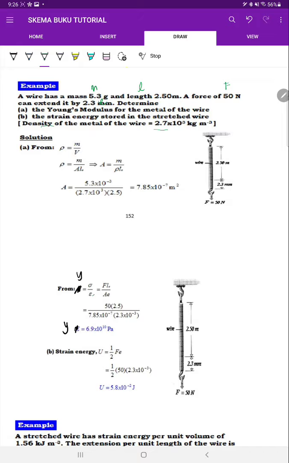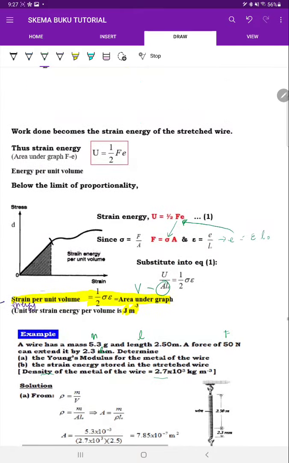Calculation ni semua kena dalam SI unit. Okay. So, calculate dapatlah 6.9 10 to power of 10 Pascal. Okay. Then, determine the strain energy stored in the stretch wire. Strain energy U equal to half Fe. Okay. Be careful, dia nak U, energy store. U energy store. Dia bukan nak energy